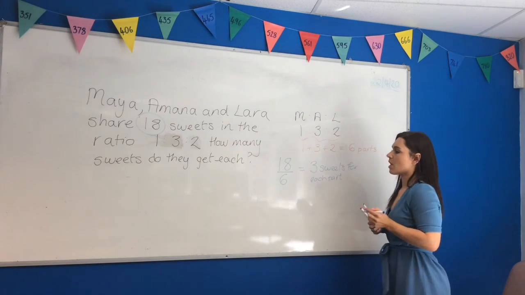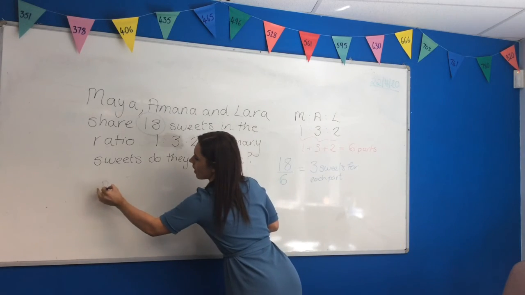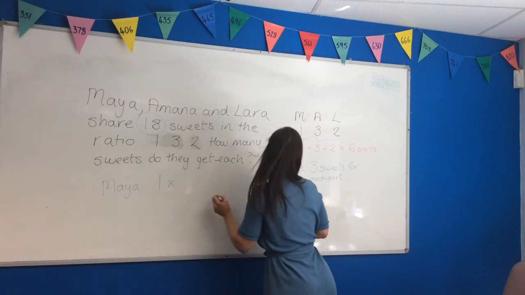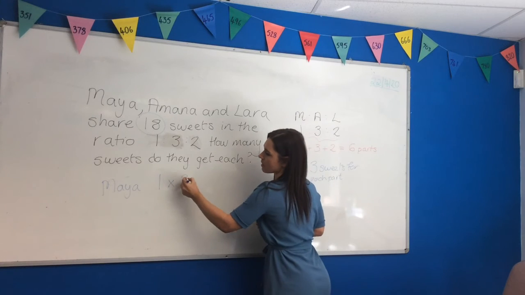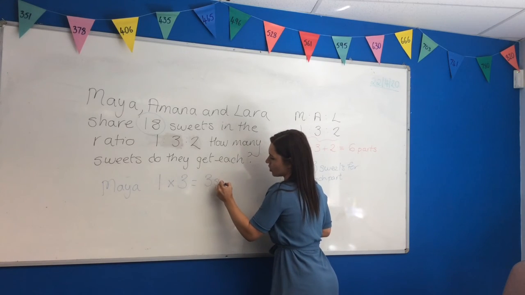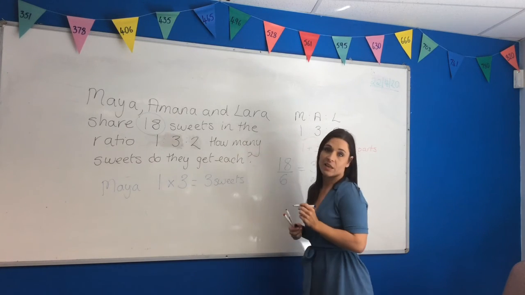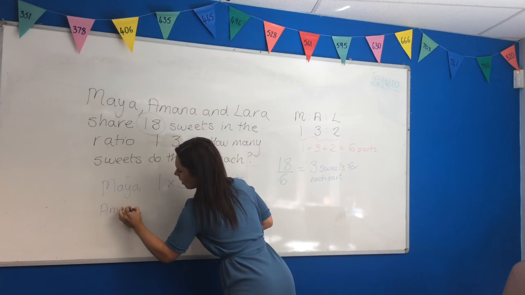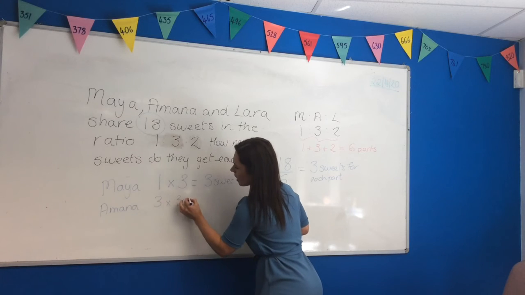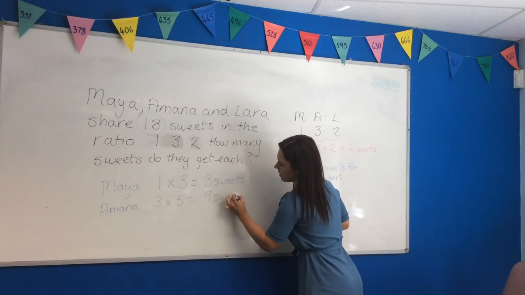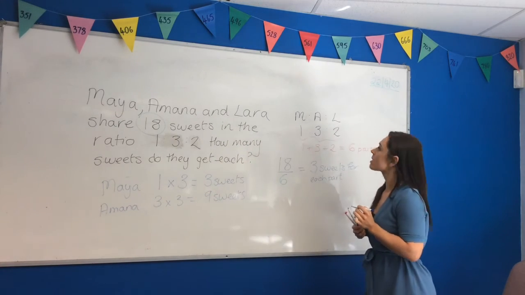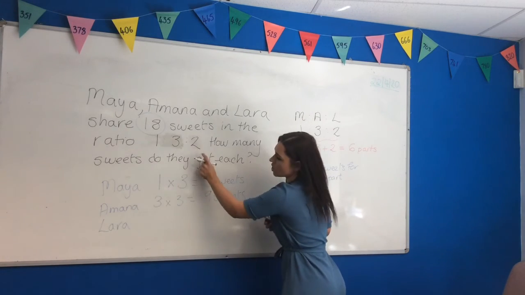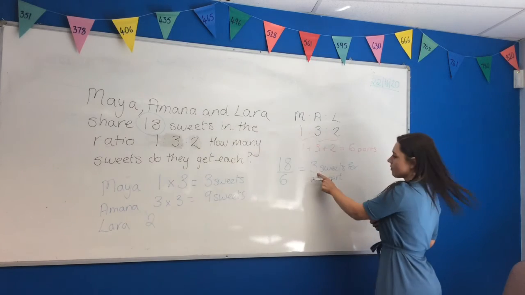Let's take each girl in turn. Maya. Maya gets 1 part times 3 sweets. So Maya, unfortunately, you're only getting 3 sweets. Amana. Amana gets 3 parts. 3 times 3 is 9. So Amana's got 9 sweets. And then last but not least, Lara. Lara gets 2 parts. 2 times 3